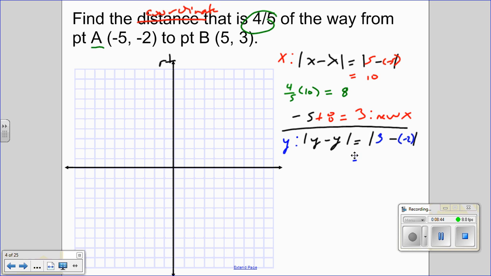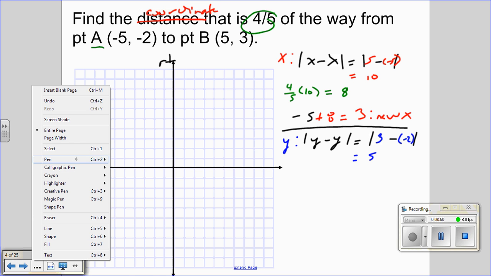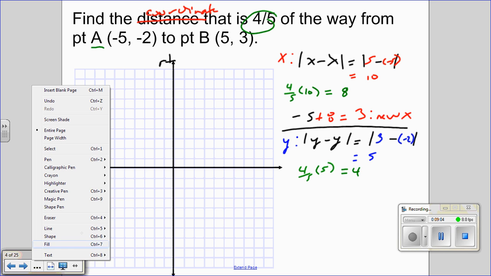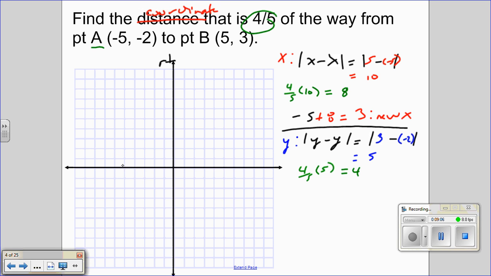Which would equal 5. Then again, you find the fractional distance by multiplying 4/5 by the distance, so that's 5 this time, and you're going to get 4. So now you look at the starting y value, which is -2, and since you have to move up to go from -2 to 3,